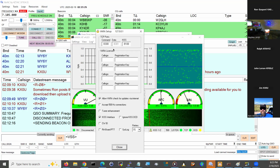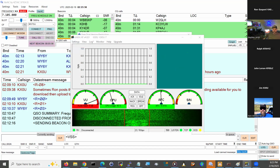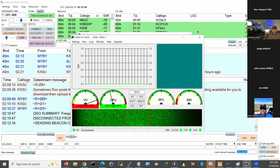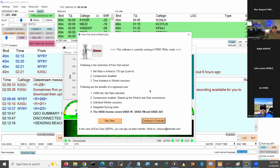Let me turn off my radio here. And then in settings, it's just sound card. That's all there is to it. Nothing else to say. And the rest of everything that I have to show you here will be just about as quick. By the way, when you're running Vera HF, if you don't pay about 60 or $70 for a